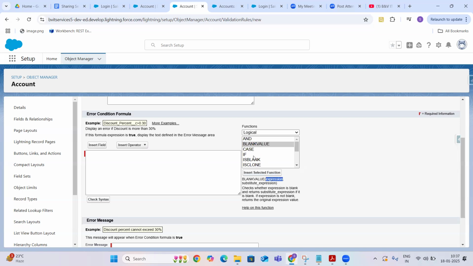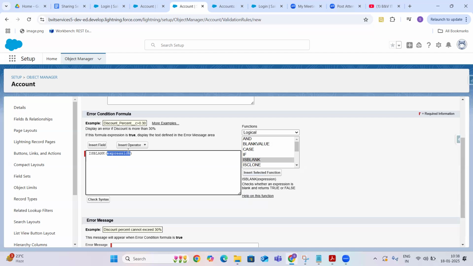In my case, that is the blank value. And another check is is blank. It checks whether an expression is blank and returns null. So you can use is blank or is null, guys. Both will suit you. In both cases, it is going to check whether the value is blank.